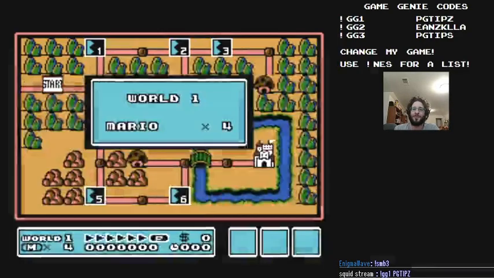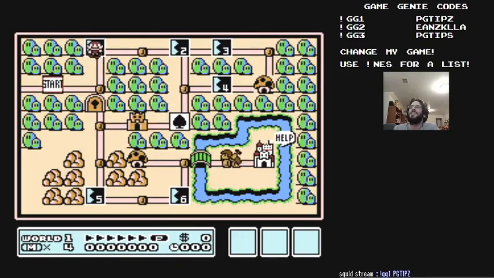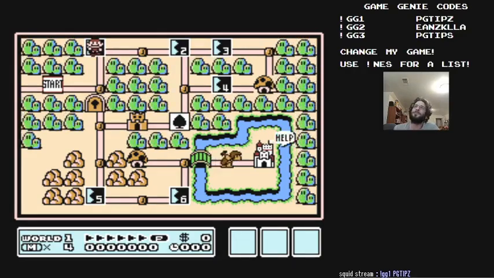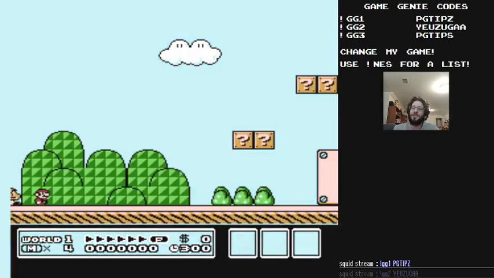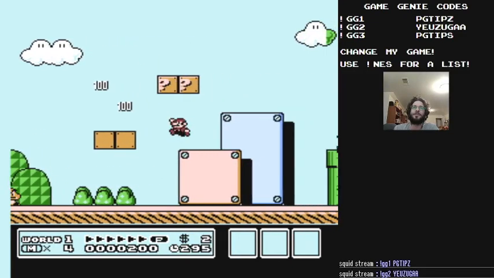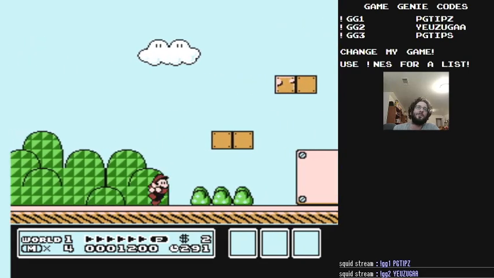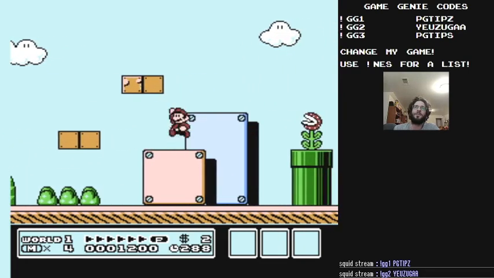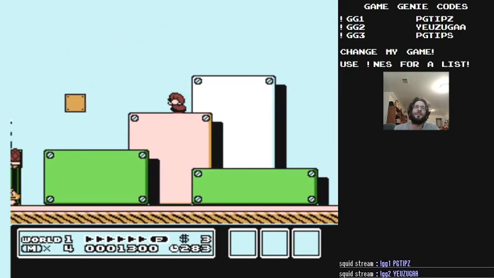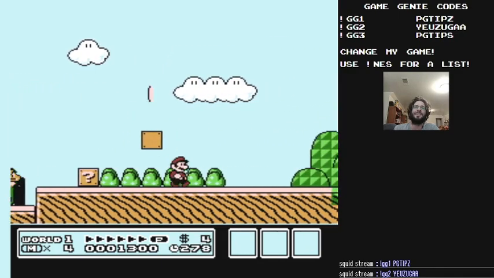Get back to World 1 here, though, and get this started. This is interesting, though. PG tips with the Z versus with the S. I wonder what the difference is between the two of them. Don't see anything too weird so far, though. Okay, well, I mean, we got enemies that are stuck to the side of the screen, so...